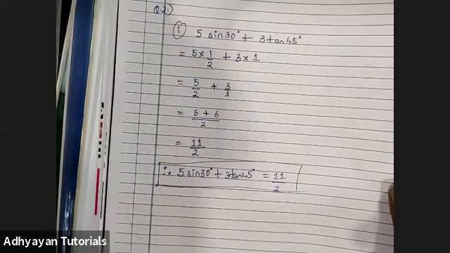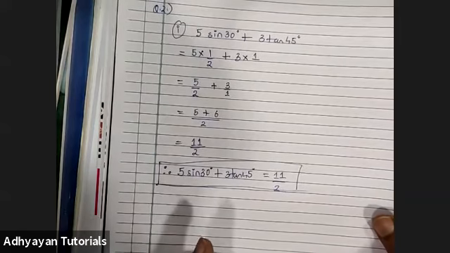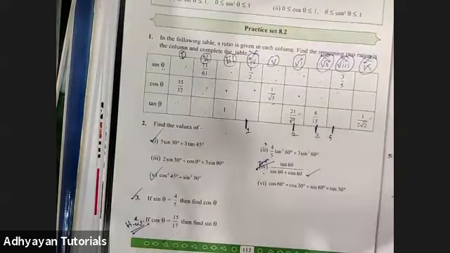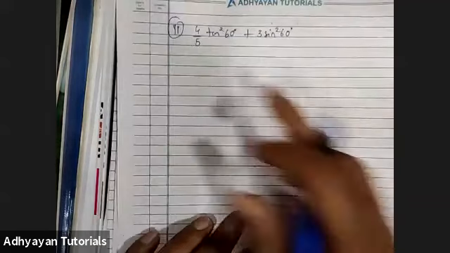Yeah. So that was first sub question from question 2. Now we'll be talking about second sub question. I'll just jot it down and then I'll show you all the paper. It is 4 upon 5 tan square 60 degree plus 3 sine square 60 degree, right? So I've just copied it here.